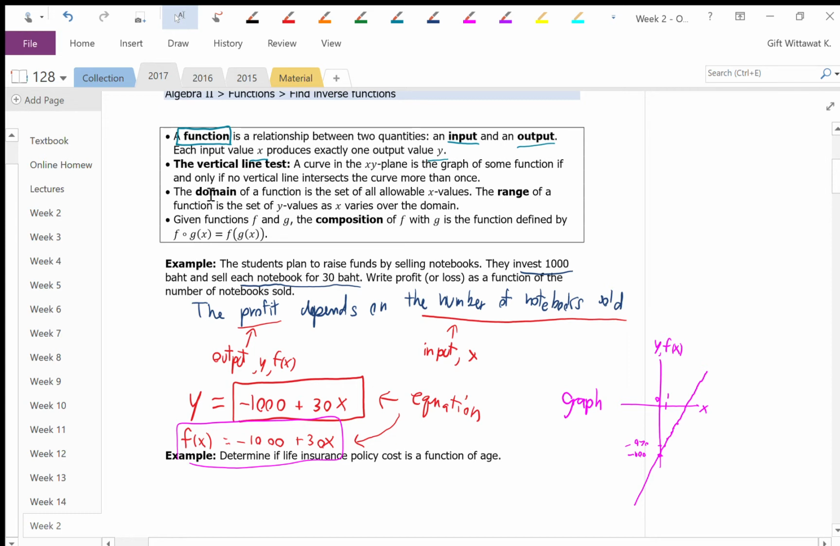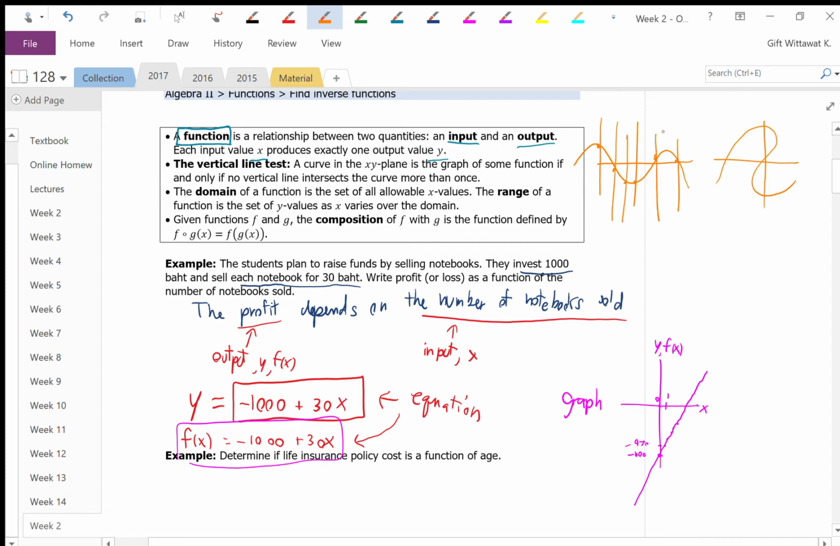Now there is a test, it's called a vertical line test. You can use this to tell whether the curve that you are looking at is the graph of a function or not. So I'm just going to make a quick example. The vertical line test is basically saying that whatever vertical line I draw, if it intersects my graph only once,